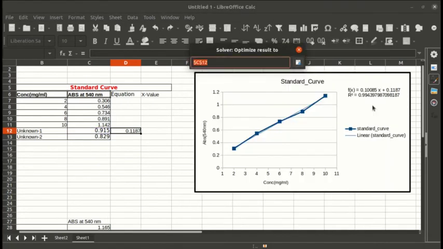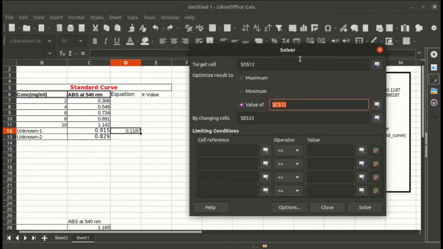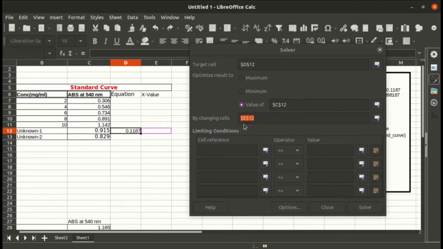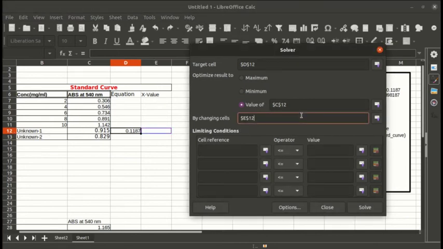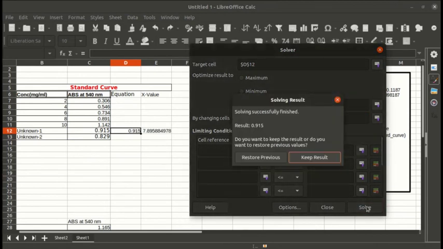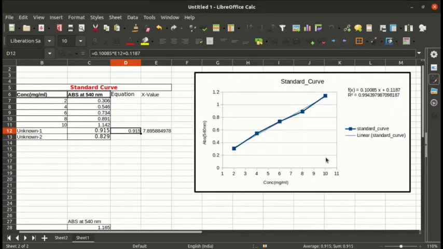By changing cell, this should be my x value, which is what I need to determine. So this is E12. Perfect. Just hit solve. Click keep result. So there you go. You have the x value, that is the concentration of your unknown sample.